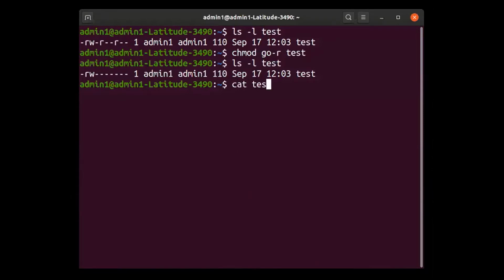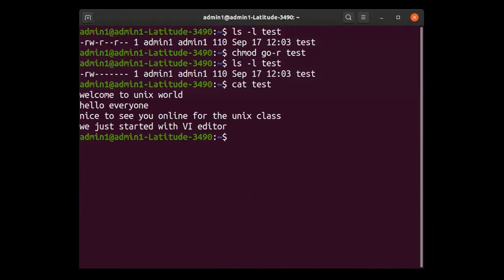So I'm going to say cat test. Beautiful. I got the output. I'm able to read the contents of the file. But at this point of time in your login, if you make an attempt to read the contents of the file, you will get an error message called permission denied. For the simple reason that I have removed it. Others do not have read permission for my file called test.